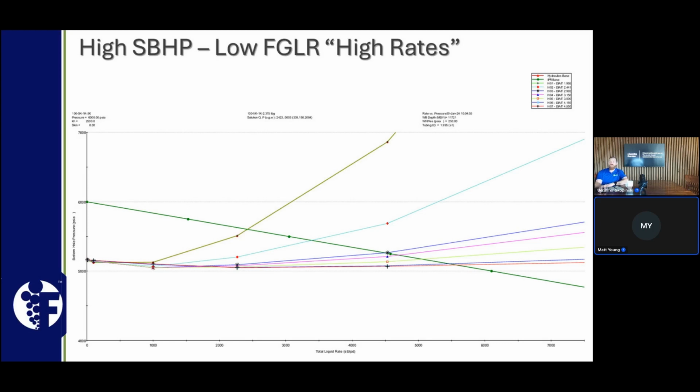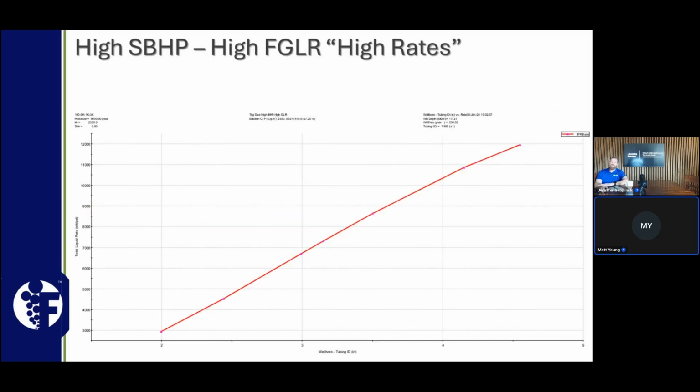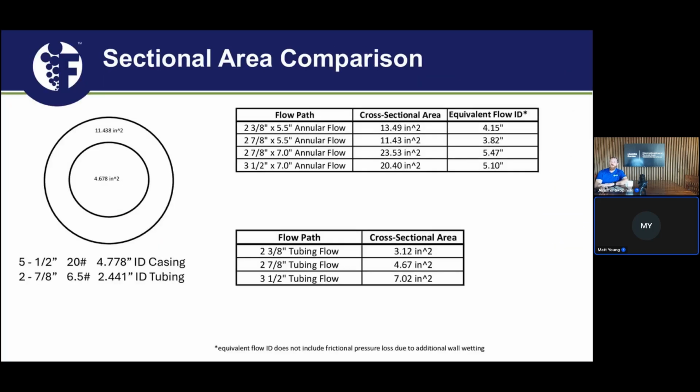And so one of the things that we notice is, of course, our overall deliverability in terms of production is less. And again, very similar, starting with 2 3/8 on the left, ending with 2 7/8 inside 7-inch on the right. Sorry, 2 7/8 inside 5.5 on the right. And I work in that process because if we were to go back and look here,